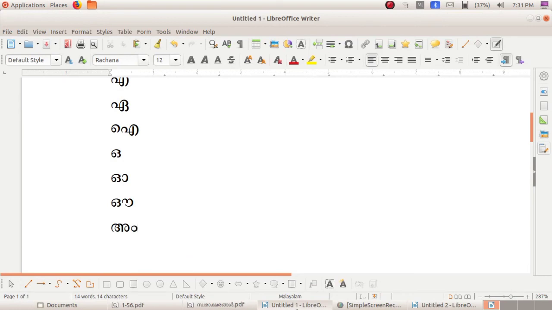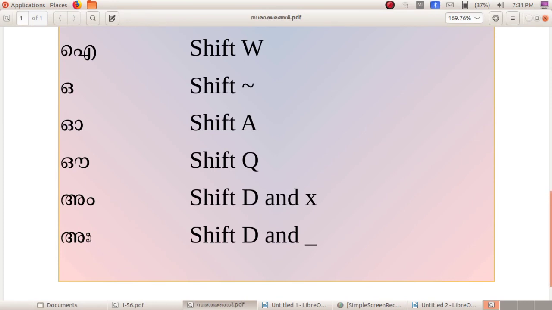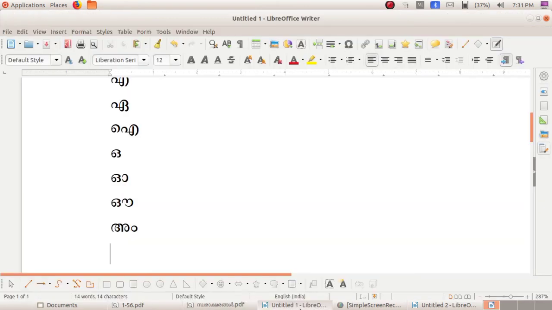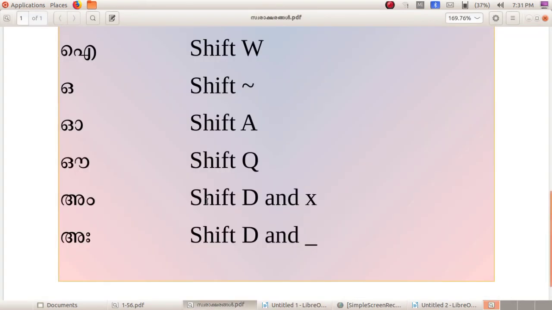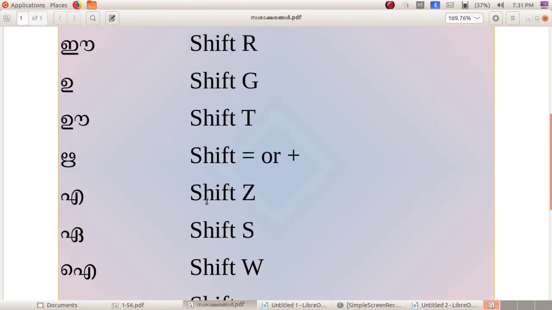The next letter is Aha: Shift plus D and underscore. You can see a key like a minus button. So Shift plus D, then the underscore button, Shift plus underscore.